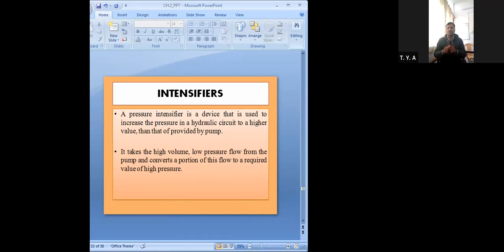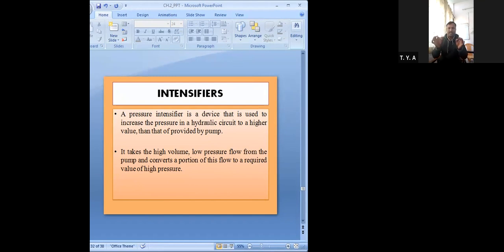In the intensifier, the liquid in the hydraulic system is compressed to a value above the pump discharge pressure, that is, above the fluid pressure we get at the exit or discharge of the pump. In other words, we can say a hydraulic intensifier is a device which converts a large volume